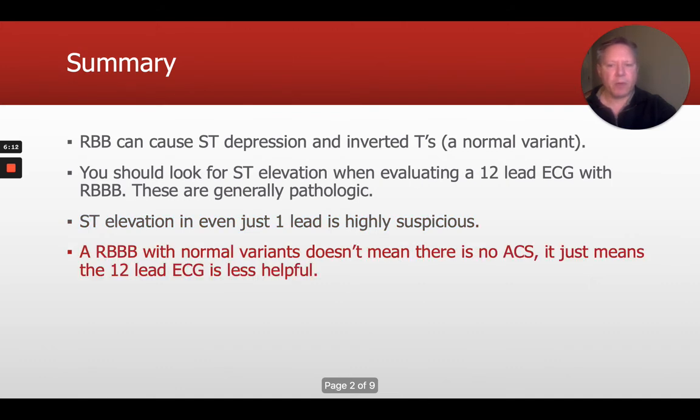A right bundle branch block with normal variant does not mean that there's no ACS, right? So remember, we always go back to a normal 12 lead does not mean a person's not having a STEMI, not having an MI. It just means they're not having an ST elevation MI. So remember that just because you don't see what you're looking for on a right or a left bundle branch block, we still want to go back to the patient, a good history, clinical evaluation to understand risk stratification for